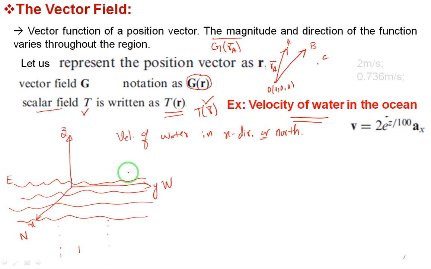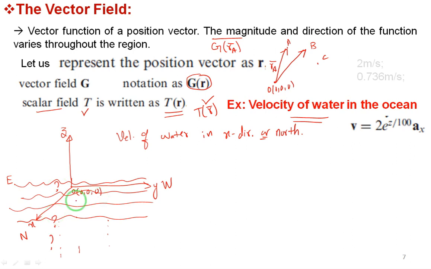I have taken the coordinate system. You can observe here the coordinates of the origin are 0, 0, 0, and the xy plane is on the surface of the water, and z is perpendicular to the surface of the water. This picture should be very clear for you. Then I want to find out what is the velocity of the water at the surface. Next I want to find out what is the velocity at 50 meters, and at 100 meters below the surface of the water. So I am considering different points, means I am going deeper.